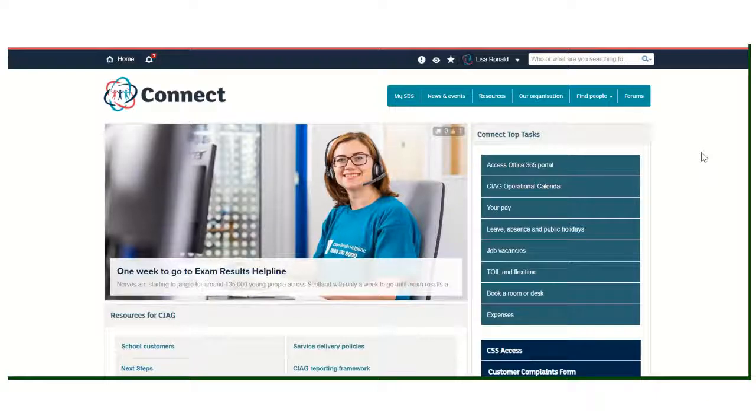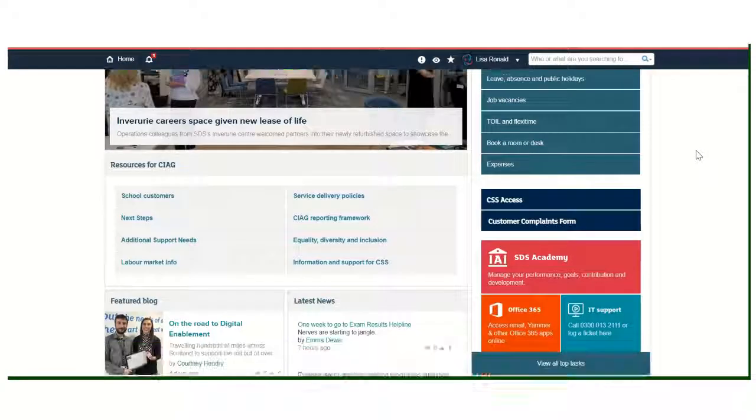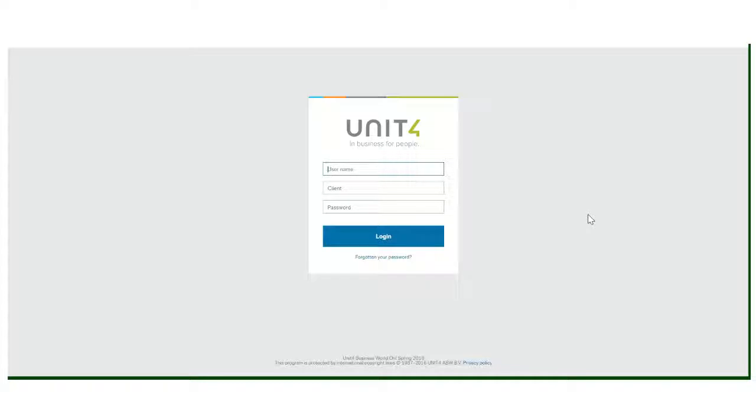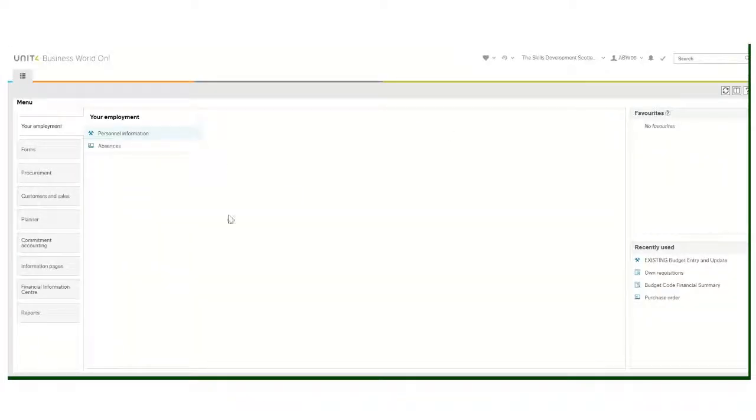The budget forms are accessed via the Aggresso system, so please log into Aggresso to view these. There is an access link for Aggresso at the bottom of the Connect homepage. If you're unsure of your login details, please contact the Aggresso mailbox. On the Aggresso front screen, please select the Forms option on the left-hand side, where you will be presented with